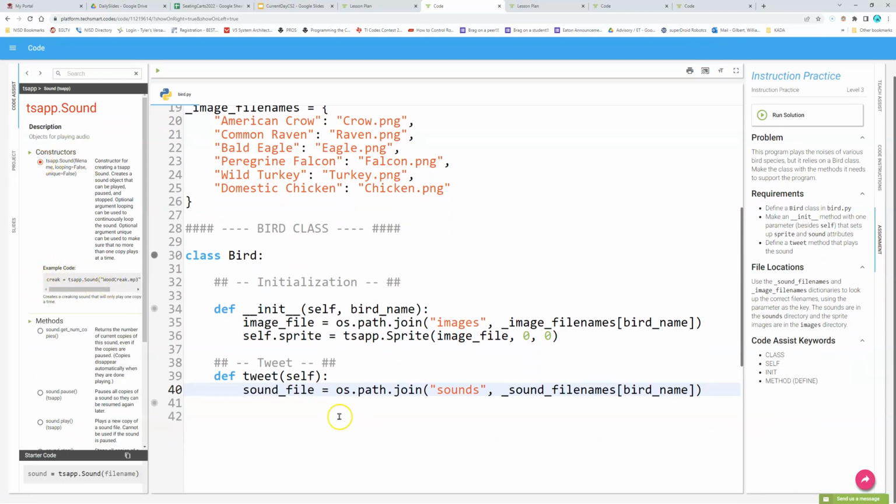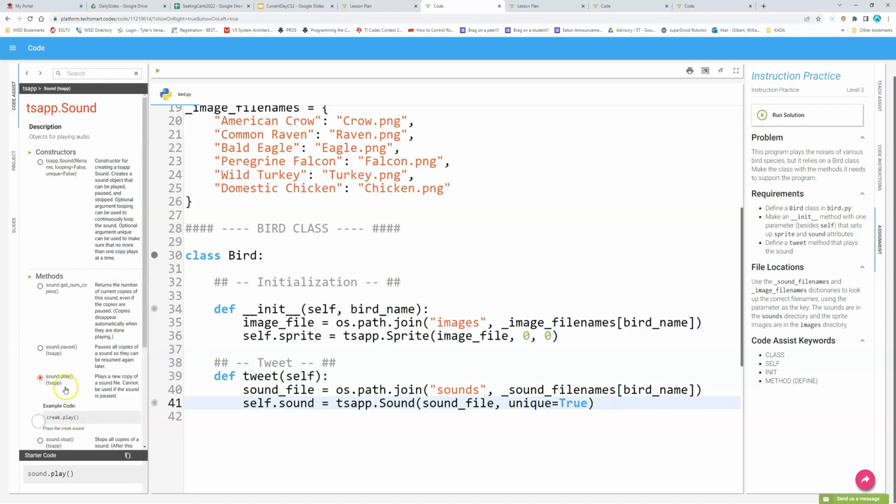So I create the sound, and I'll go ahead and save it as a self.sound. That way I could access it other ways if I needed. And it's just the file name and then unique equals true so it can't play overlapping sounds. So I'll go ahead and take everything that's in that and paste it over here: tsapp.sound, sound file, unique, true. Now, I also need to play the sound because the other file's not taking care of that. So I will do